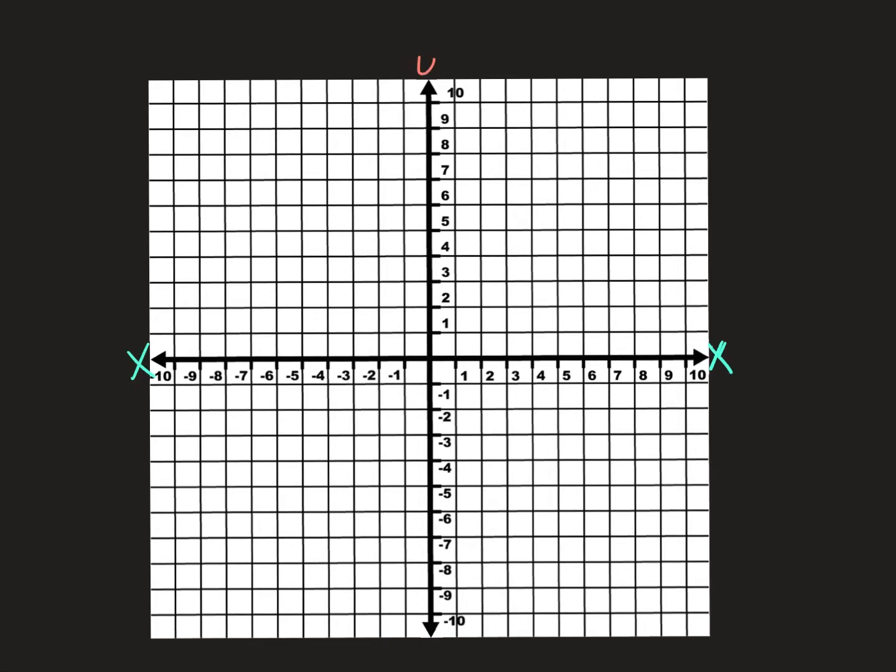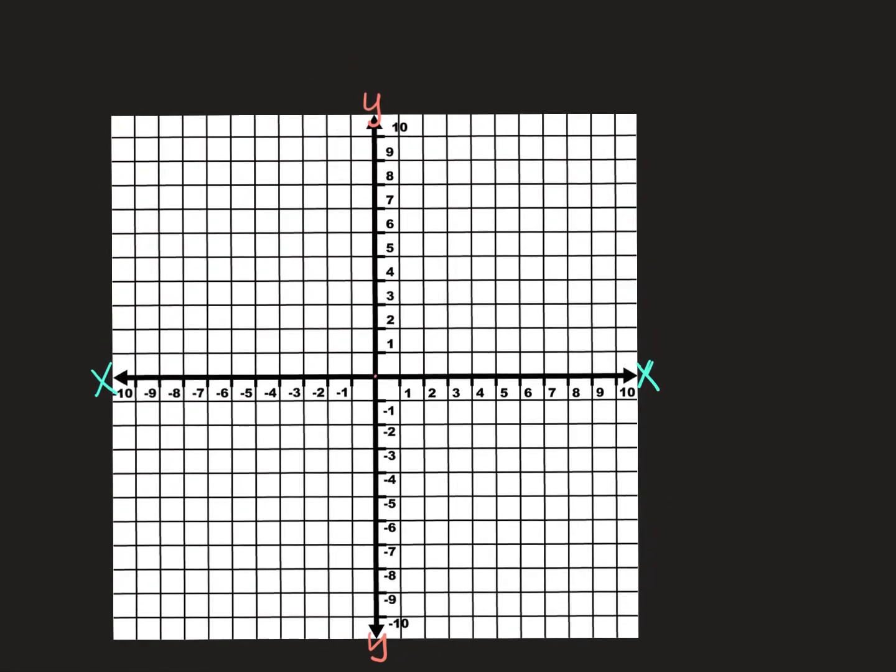This is our y-axis. Right here in the center is the origin. Now I'm going to give you some points, and we're going to practice plotting these. We're going to plot 5 and 0,